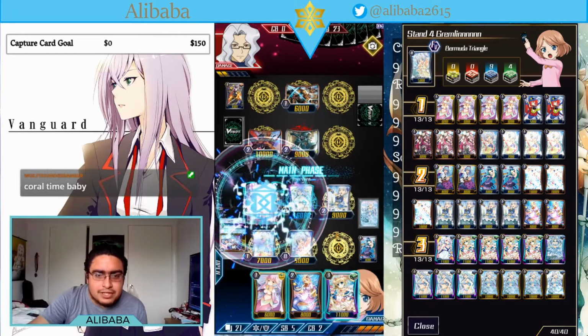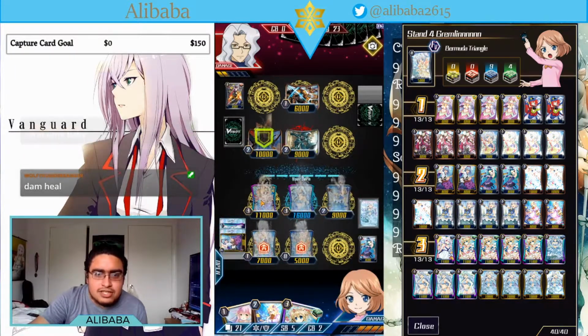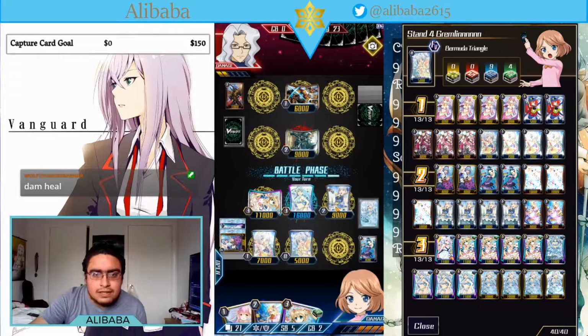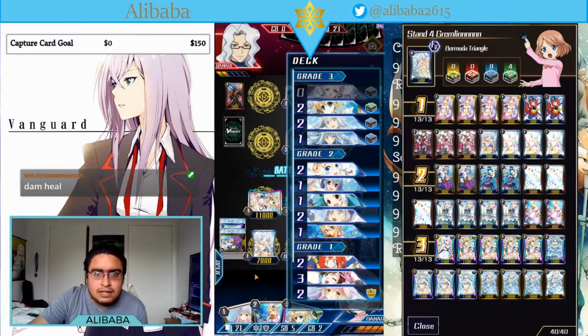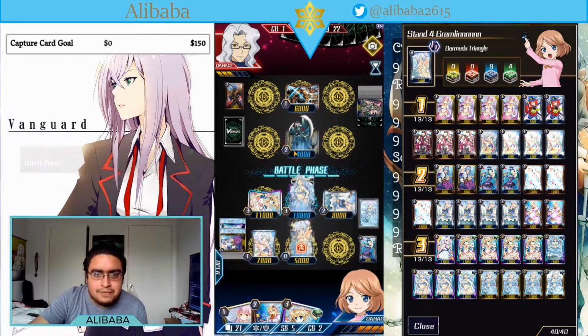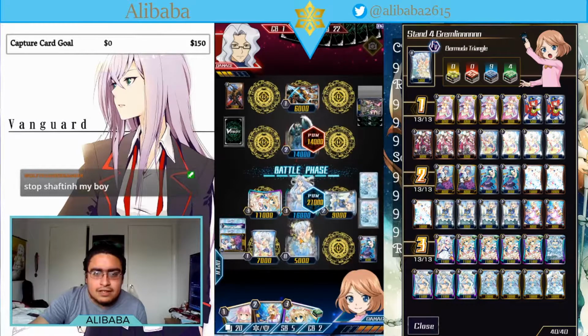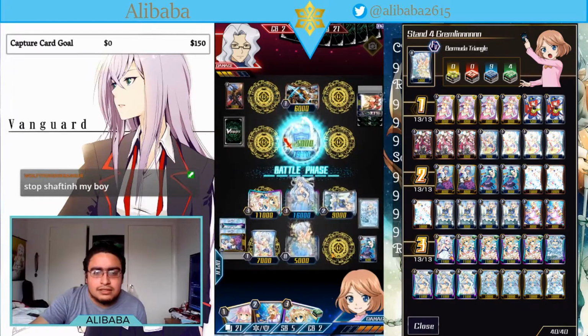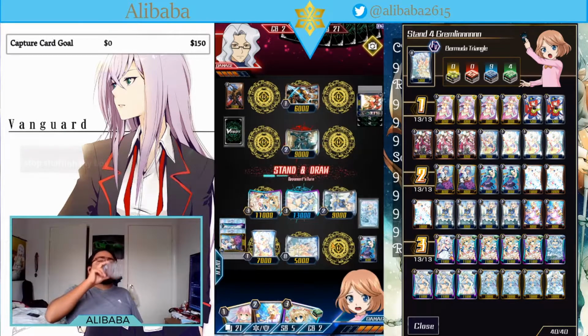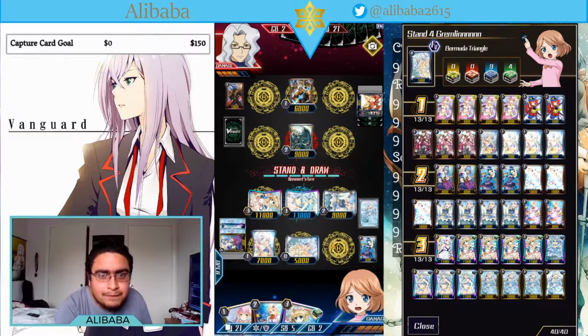Alright, I'm gonna call one of my Pacificas just to try to go for a stand play. I have 2 heals in my deck and 3 stand triggers. I have to check one of them. Or not. Alright, now he has 2 counter blasts, so I can't return everything he paralyzes. I don't think I die here anyways, but...